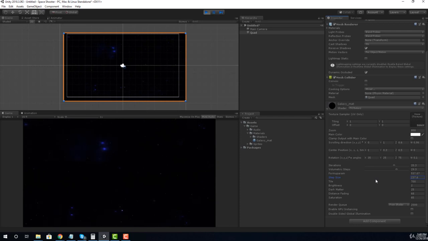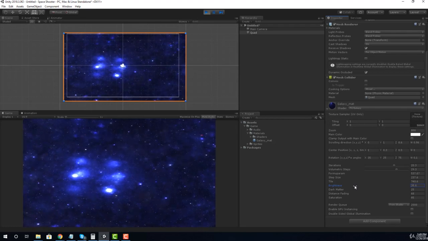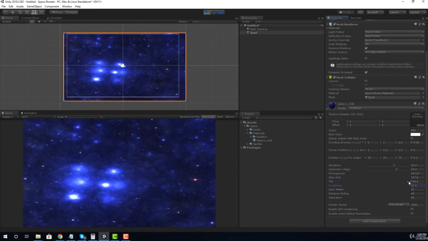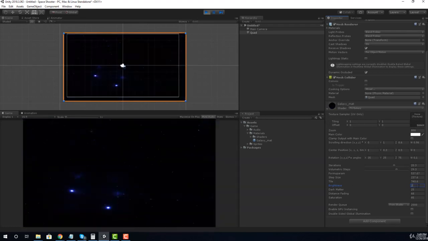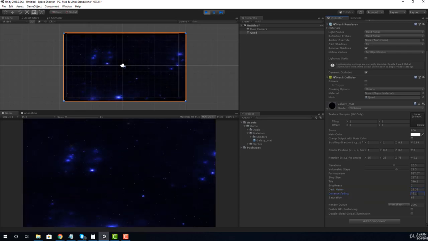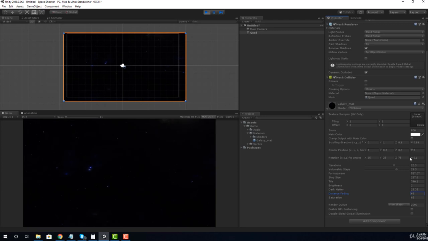And the whole point here is that you make this galaxy your own. Play with these values and make it your own. The tiling, let's go and increase that a bit. And then here, your brightness. I'm probably going to keep the brightness at 2, but you can increase it if you'd like. And then dark matter, I'm not 100% sure what these do. It's just kind of changing the lighting of our scene here. And then here, saturation and distance fading. Probably not going to touch these. Okay, so